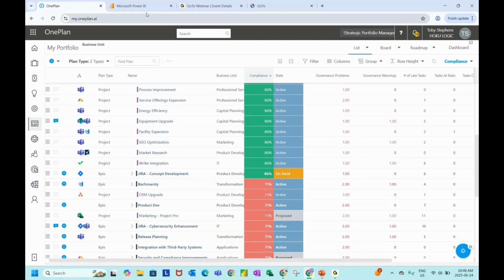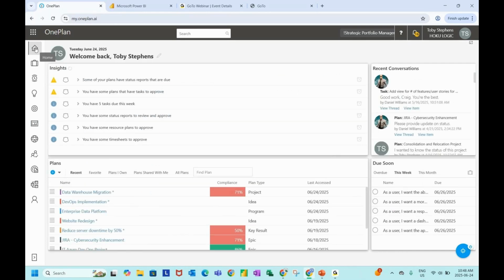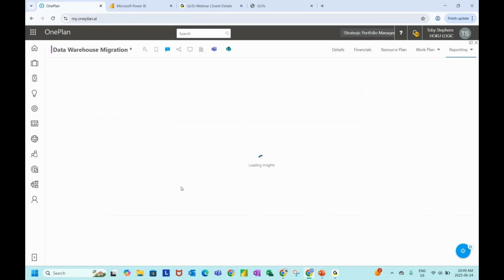Okay. Now, the next thing I wanted to show you, one of the built-in features or reports in OnePlan, is, I'll just go back to the home page. So if I don't know where I am, I can always go to the home and go to the recent tab and access whatever recent project I was in, instead of looking for my project. Or I can click on the search button and type in my project name if I know it. So I'm going to go into the data warehouse migration project again,